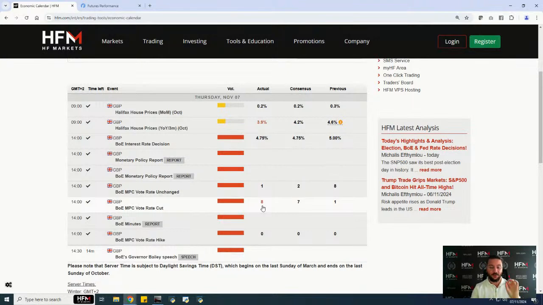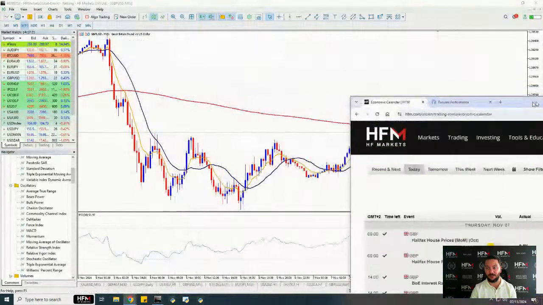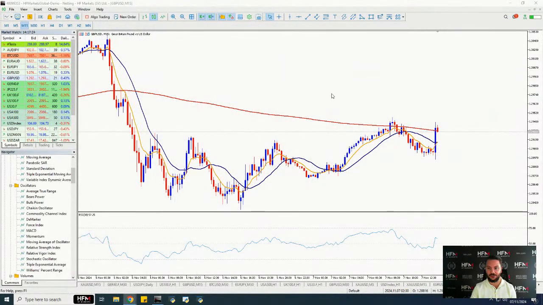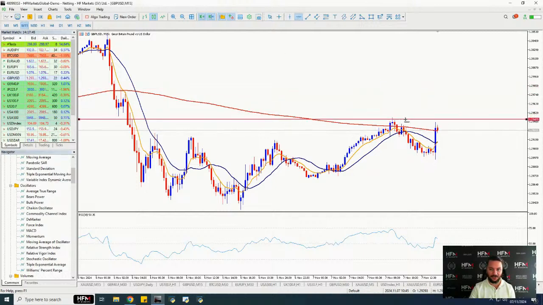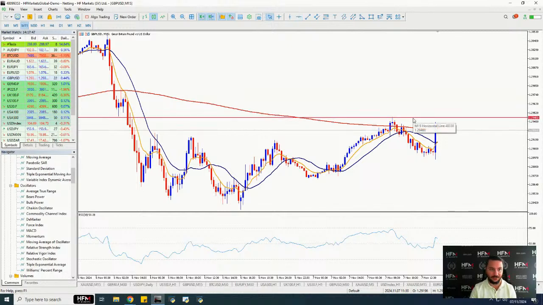That's not the scenario, though. We've had more than expected. Nearly all of the Monetary Policy Committee voted for an interest rate cut. So there's a very strong possibility that that's going to be a reoccurring trend. Like I said, that, ladies and gentlemen, is negative for the Great British Pound. Nonetheless, though, here we can see very clearly the British pound against the US dollar. The British pound against the US dollar has increased in value. To be honest, it hasn't increased in value by much if we're taking into consideration that it's an interest rate decision.